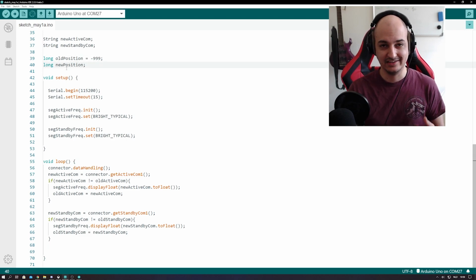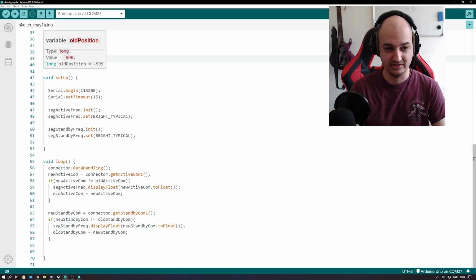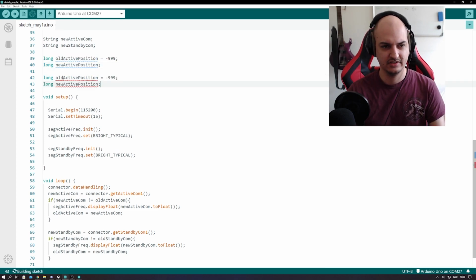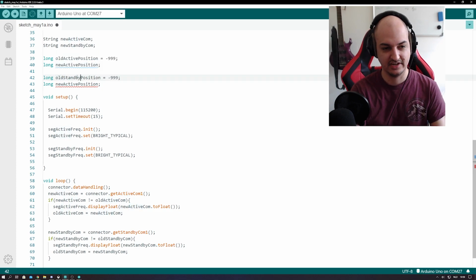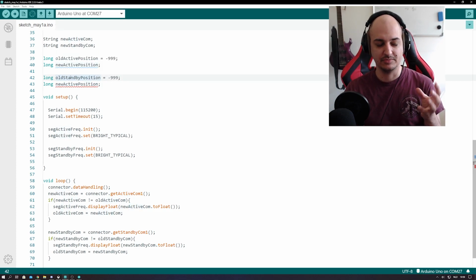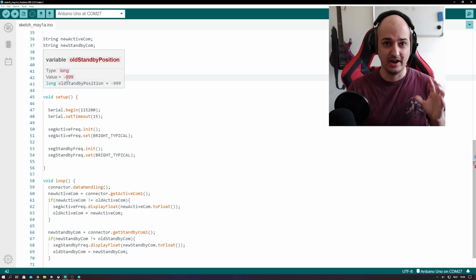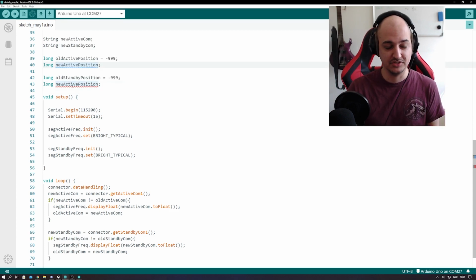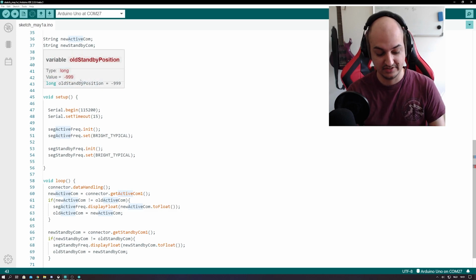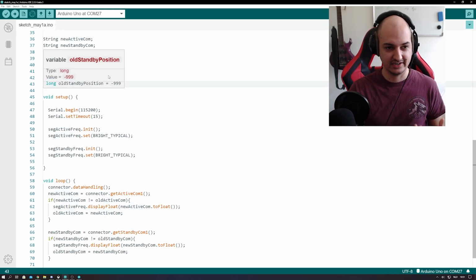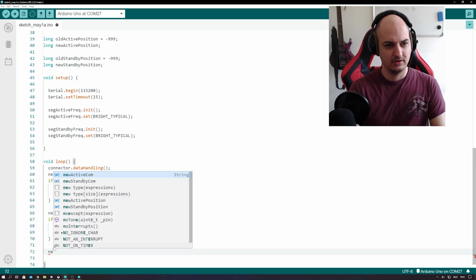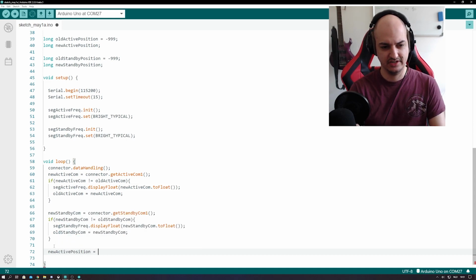So because we also have an active and a standby frequency, we're going to be using old active position, new active position. Now we're going to copy and paste, but we have to make sure to swap out the active for standby. And because I'm using the 2.0 IDE beta, it's also already telling me that something is wrong because we have an active position and here we have a new active position as well. So it tells me you need to change the variable name. So that's exactly what we're going to do. Just change this to new standby position. So new active position is,